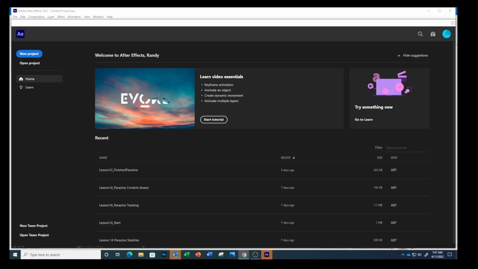So this next exercise, we're going to do an effect that will create a particle simulation. It's going to look like a supernova that could be used at the opening of a science program or as a motion background. So to set things up, we're just going to click New Project,